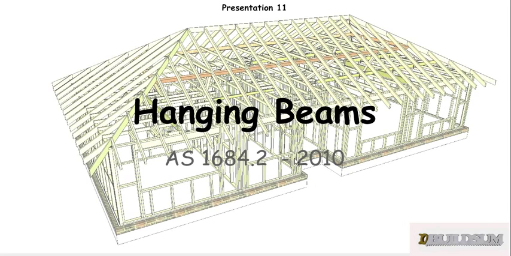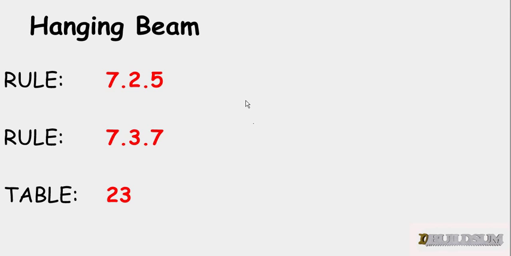G'day and welcome back to Buildsome, and this is our 11th presentation in the series on the timber framing code, or AS 1684, and this one's on working out the size of our hanging beams for our roof or ceiling frame. So if you look into the timber framing code, you'll find that rule